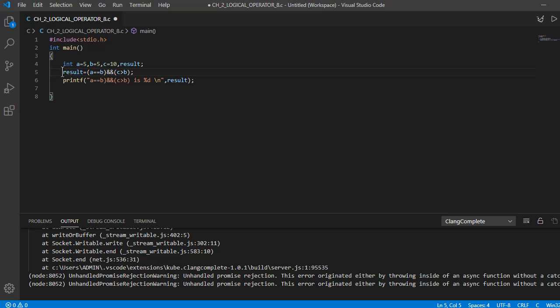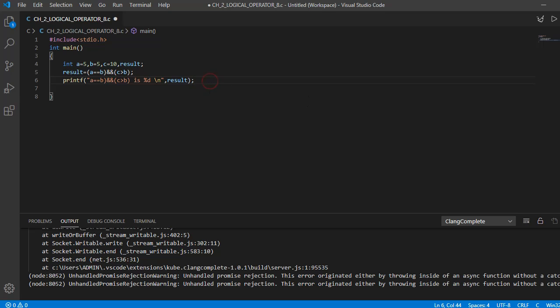So the result variable, which is going to store the value of the total expression, must be 1, that is true. So we are printing the value of this result here. This %d is used to print the value of this result, and this \n moves the cursor to the next line after printing this entire statement.